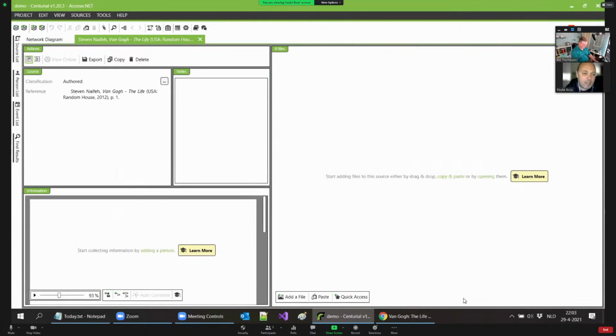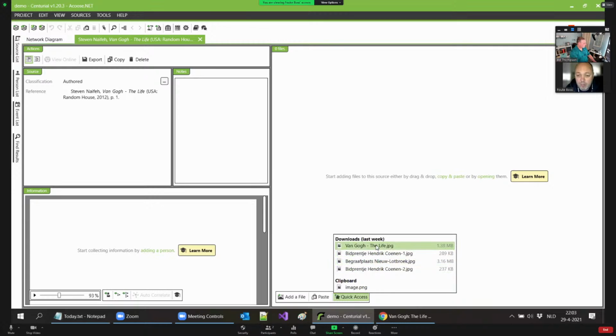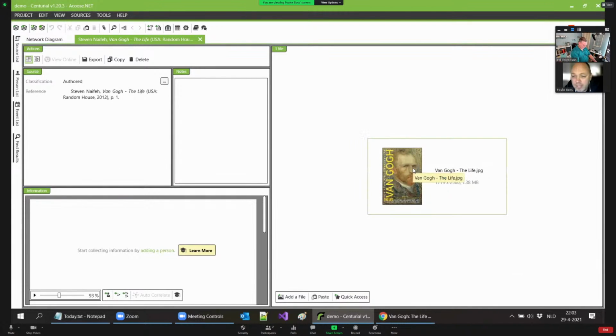And then if you hit OK, Centurial will open something which is called the source view, which again has the source references at the top. And now what can I do here? I can add pictures. For example, I can put in the book, or usually I'll put in the text or something like that. And then the second important step is to start extracting the information. I always like to say that every source is a miniature family tree. If you have a birth certificate, it's 2 parents and a child. If you have a marriage certificate, it's two newlyweds and their parents usually. And that's exactly what we're going to draw here at the bottom.